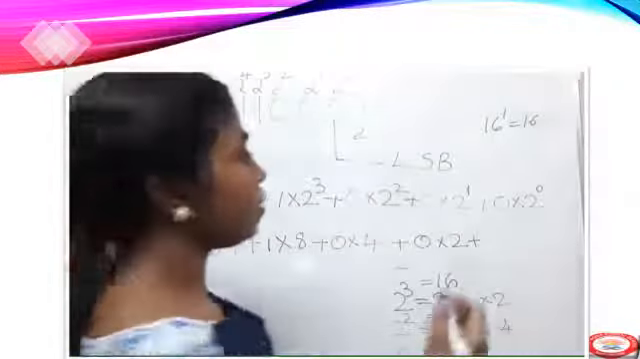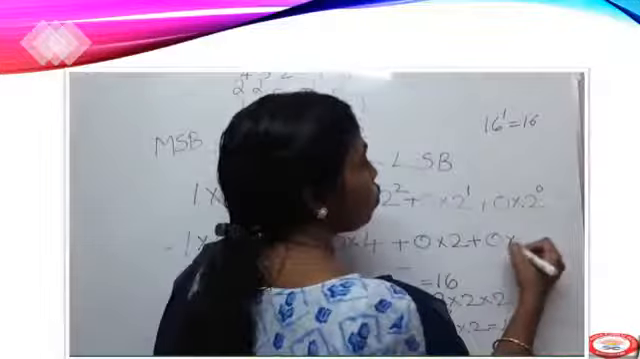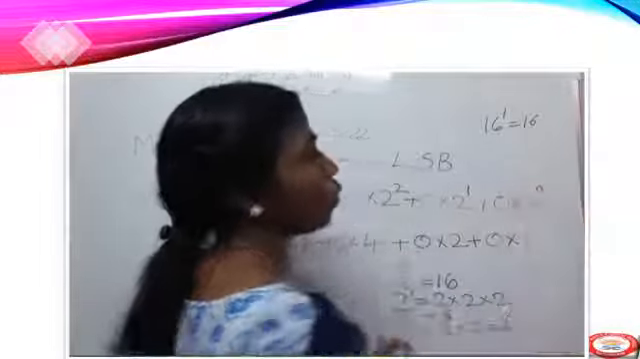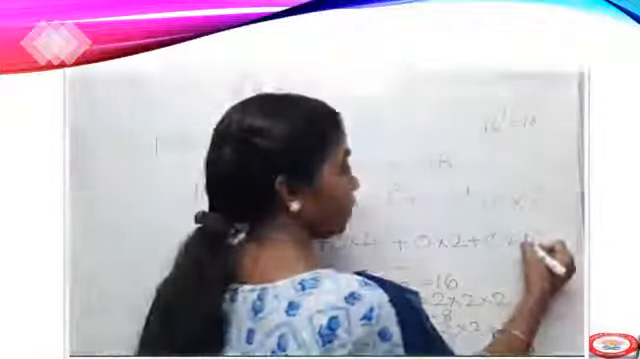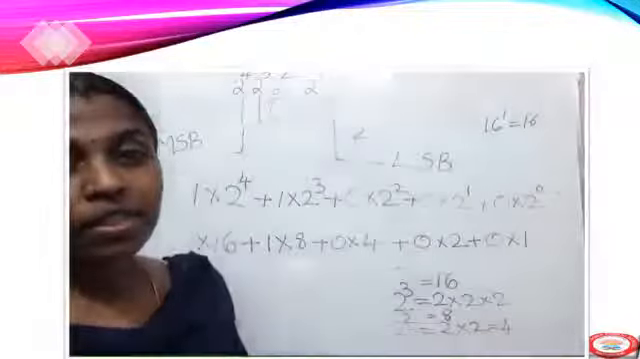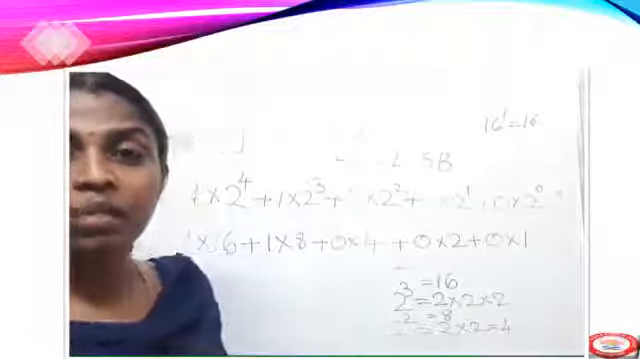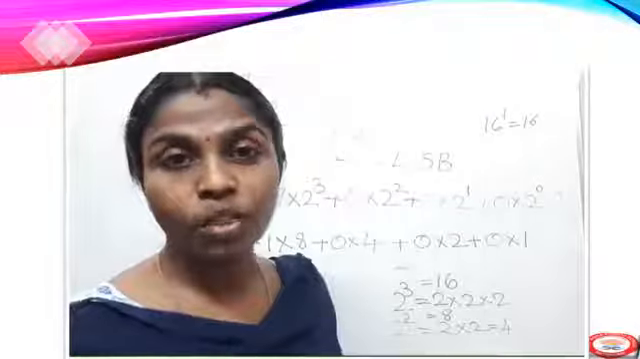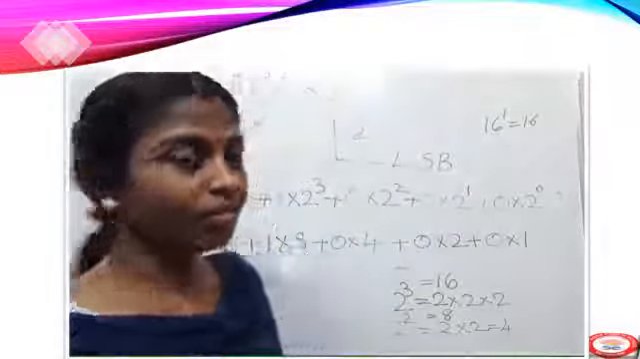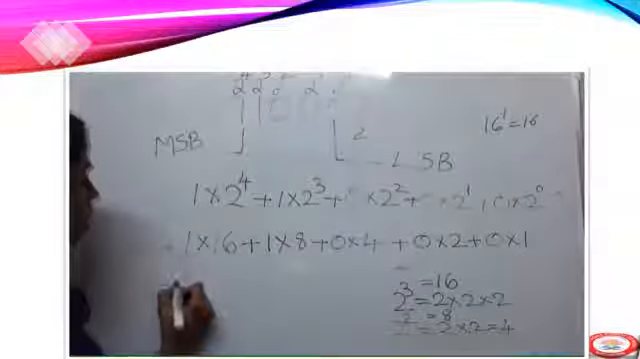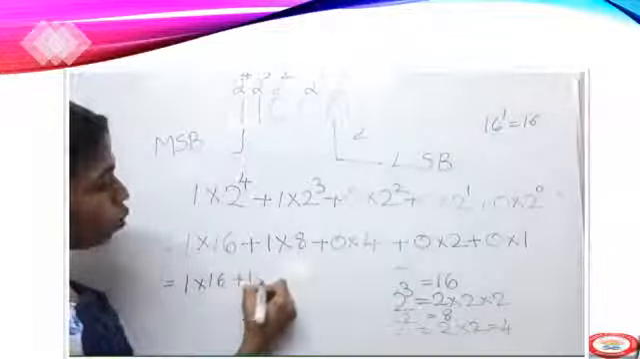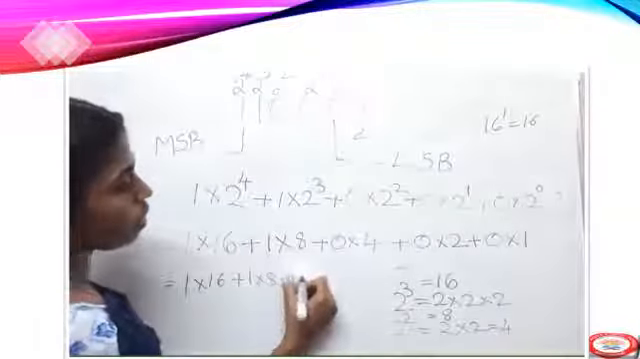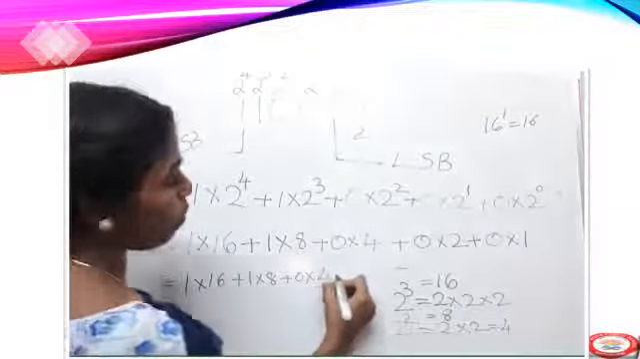And after that, 0 into 2 to the power of 0. That is equal to 1. Do you know what is the reason? Because any number raised to the power 0 is equal to 1. Clear? Next, 1 into 16 plus 1 into 8 plus 0 into 4 plus